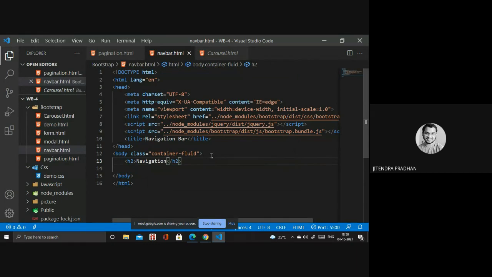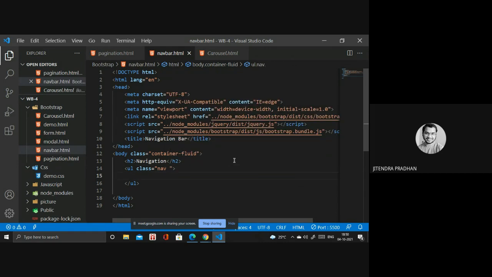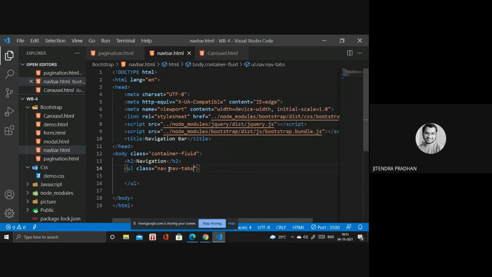Next we have to design the UL for list items, and inside the UL you have to give classes: nav, and we have nav-tabs. I'll show you that particular nav-tabs. When you see it practically, you will understand what it is.